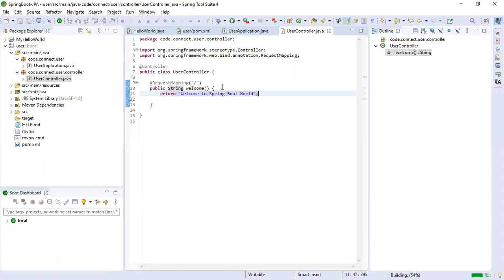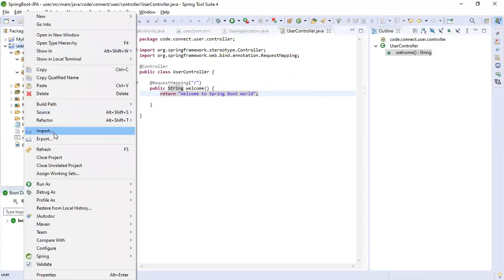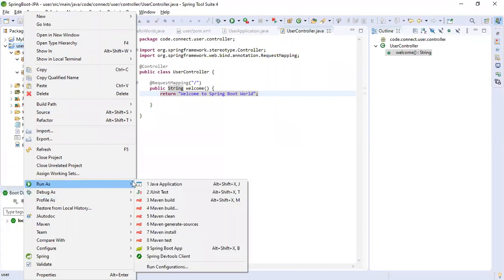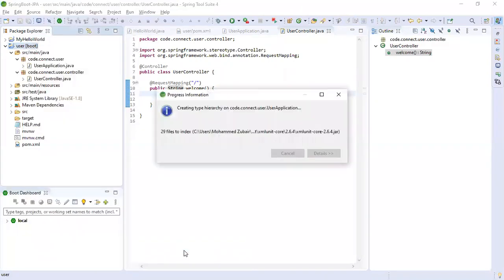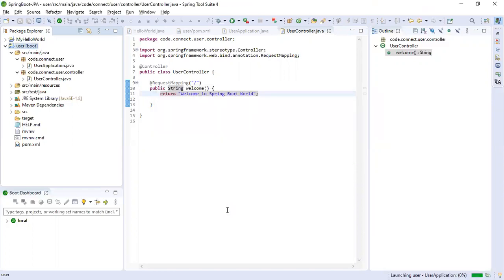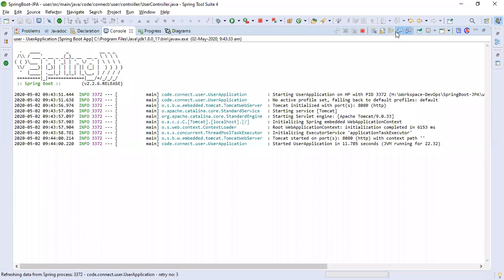Now if you want to run this application, simply right click, run as Spring Boot app. So it will run as a Spring Boot application. After this, we will go and look at Docker.